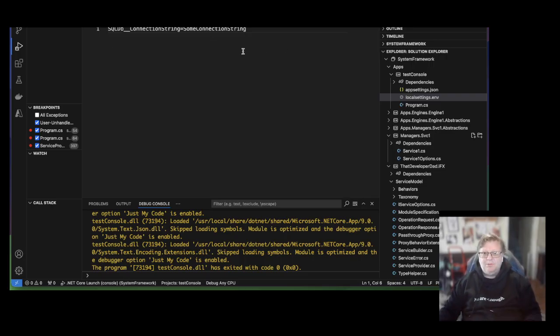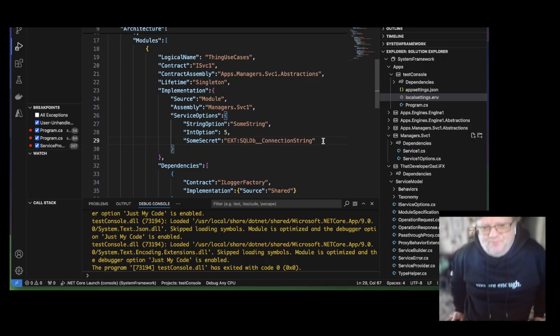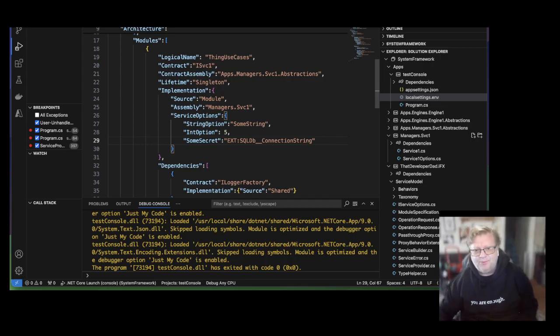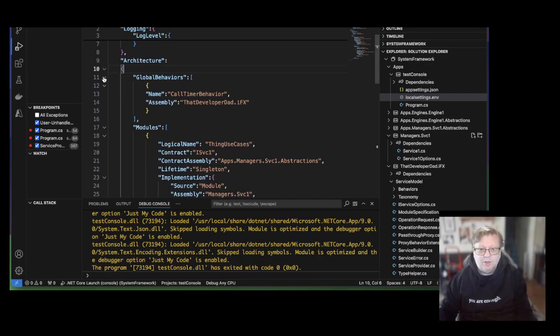Let's just pretend for the sake of that. So I need to take this key and replace this with that. But what we do here is I've got it broken up into, we'll talk about global behaviors in a little bit,